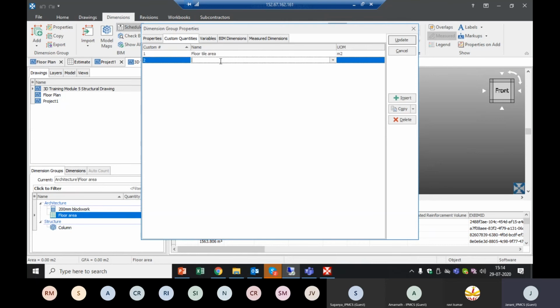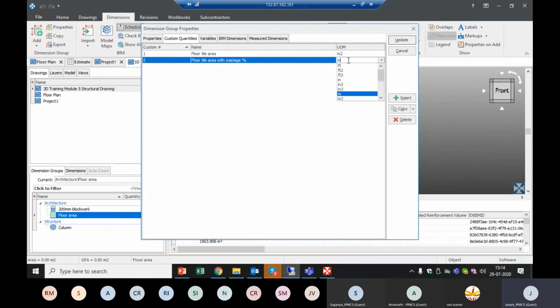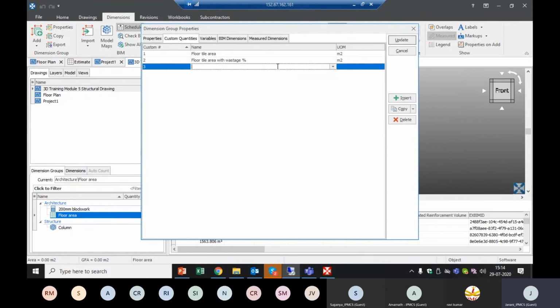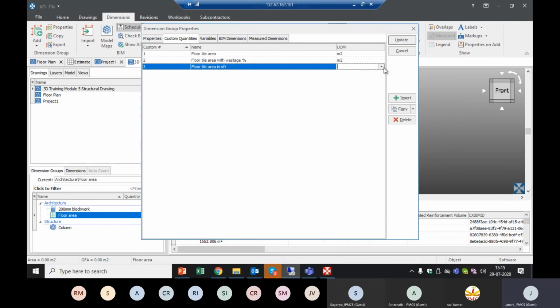The same way I'll add floor tile area with wastage percentage, which is again meter square. Now the same area, floor tile area with wastage percentage, I want it also in square feet. So I'll convert it as floor tile area in SFT, and here I'll directly include square feet.